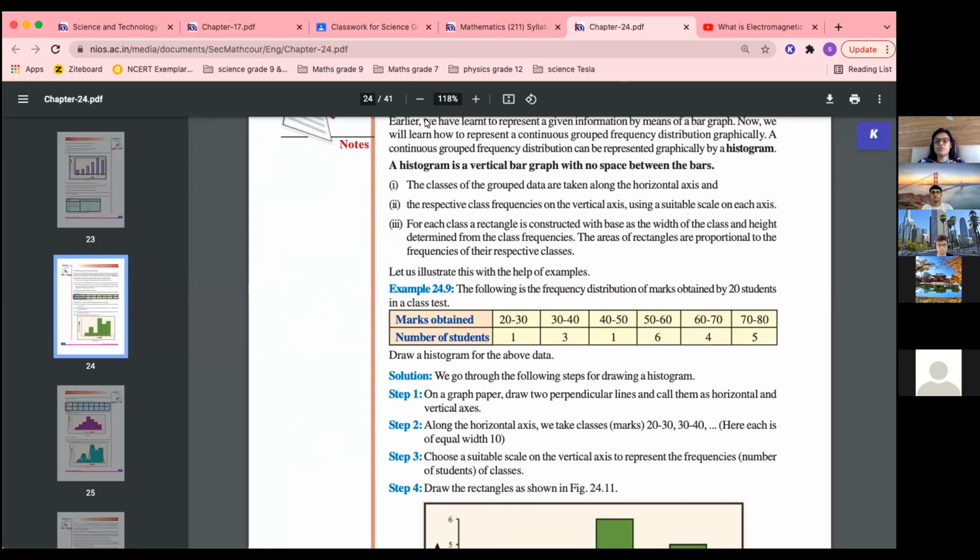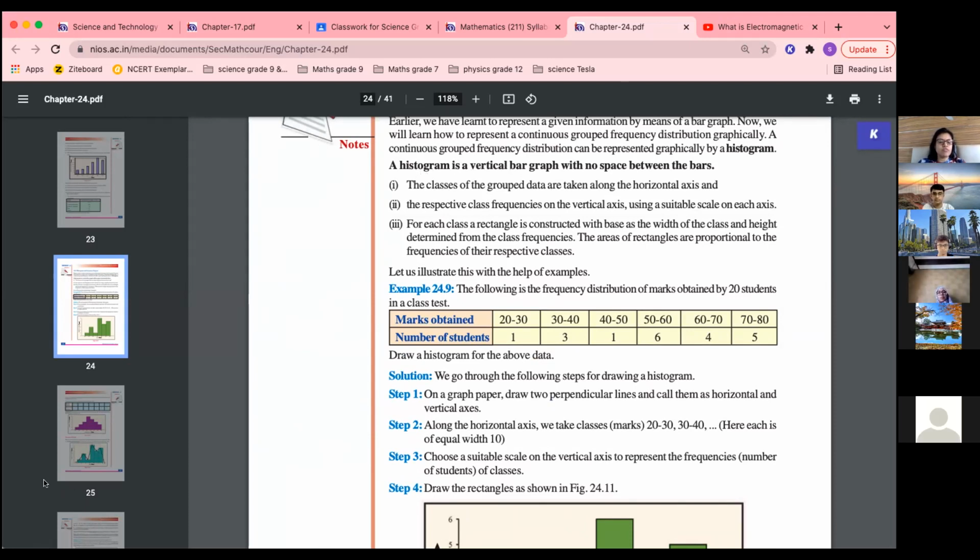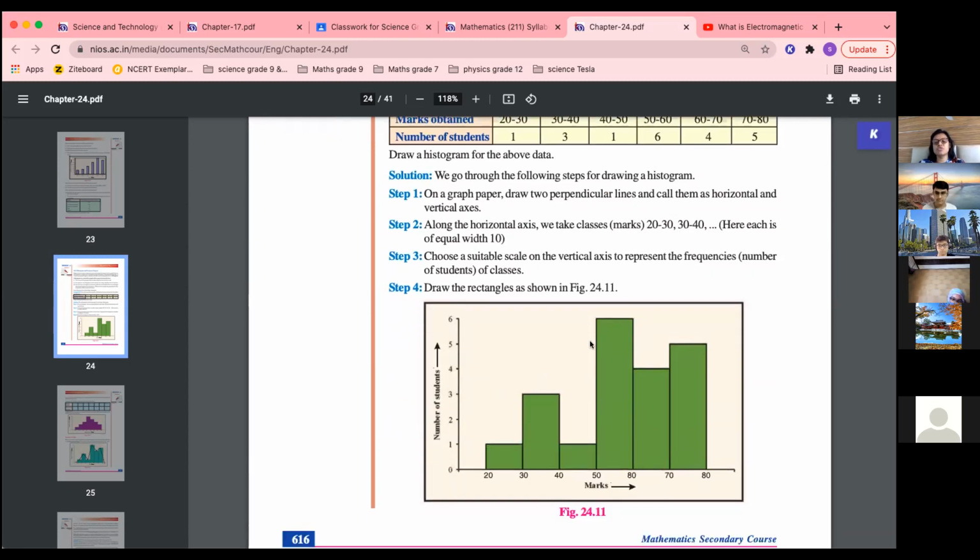Now we'll do histogram. Three points you have to remember. Histogram is a vertical graph. When we draw bar graph, we have discussed yesterday that bar graph can be horizontal and vertical both. Usually whichever way you are comfortable, you can draw the bar graph. Usually we draw it vertical because histograms are vertical, and histogram will be always a vertical bar graph. So vertical bar graph with no space between the bars. This is important. You can see it looked like this.